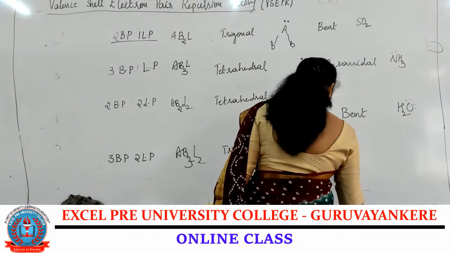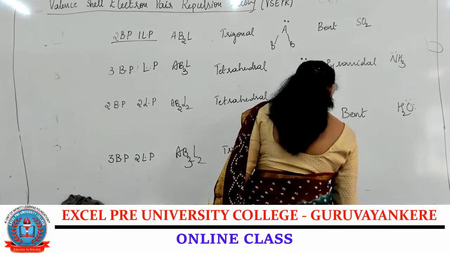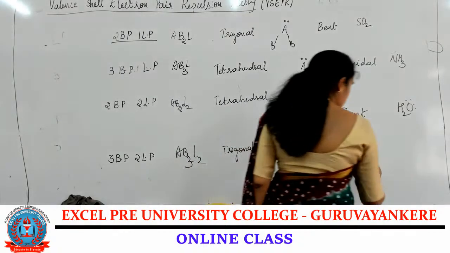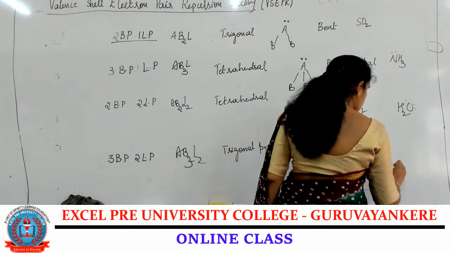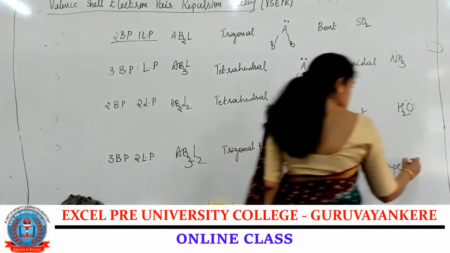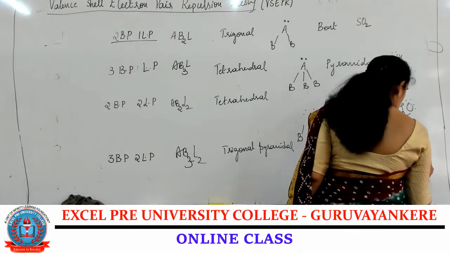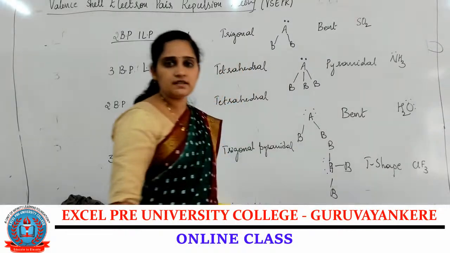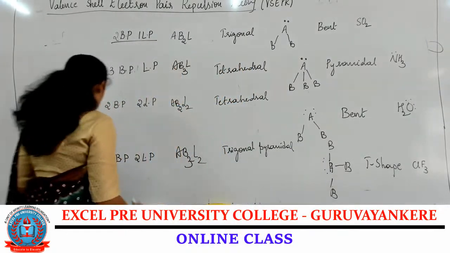A, B, B. One lone pair, another lone pair. Repulsion will be taking place, so it forms a T-shaped structure. Best example is ClF3 formation. The SF3 formation is also. Next,